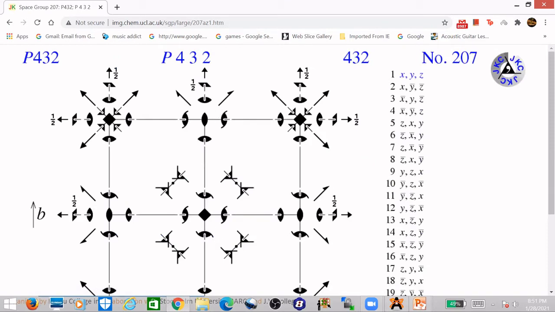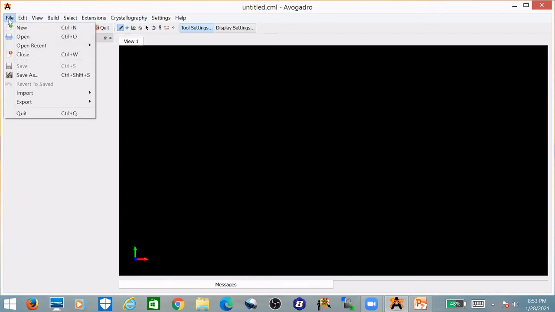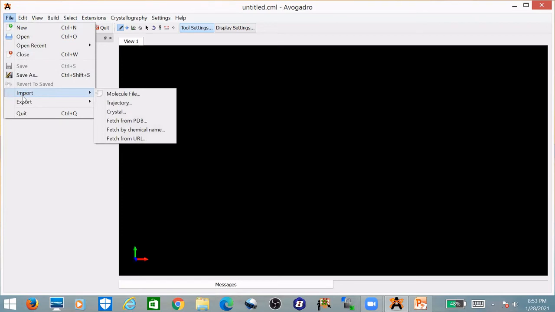So now let's go to Avogadro directly. Avogadro has a large pool of crystallographic information files in its library. To upload that, go to the File menu. Then in the Import section, click on Crystal.